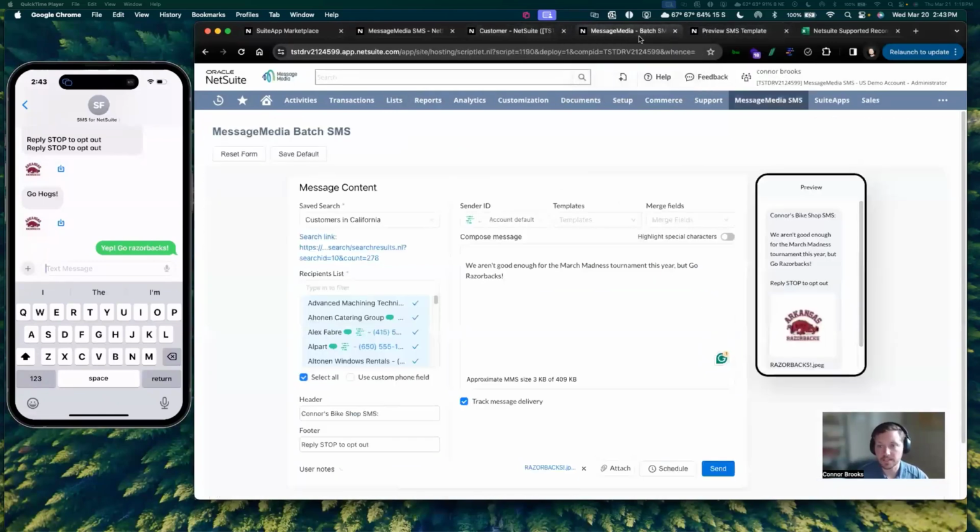And then the last way that we send messages is through workflows. So like I mentioned, any current workflow that you have that is sending out communication via email, maybe it's item fulfillment, maybe it's sales order, maybe it's shipping confirmation, we can now configure those workflows to trigger an SMS to be sent with that same information. So it gets customers information in their hands quicker. A lot of times you'll get replies quicker, and it's just a convenient way to streamline some of these processes